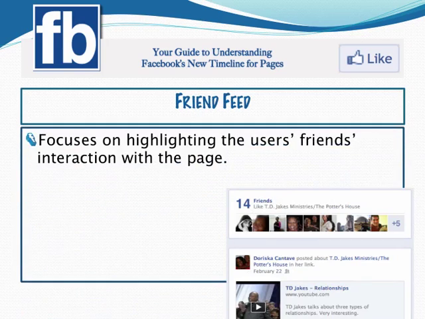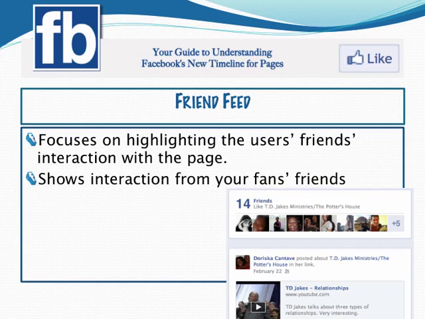The friends feed. Facebook is all about your friends. It's all about highlighting and helping people interact and see the things that you like. Well, with the friends feed on your Facebook fan page, you can see what your friends have posted, those that have liked your page or those that are friends of yours. You can see what they had to say about the particular post, and it really shows interaction from your fans